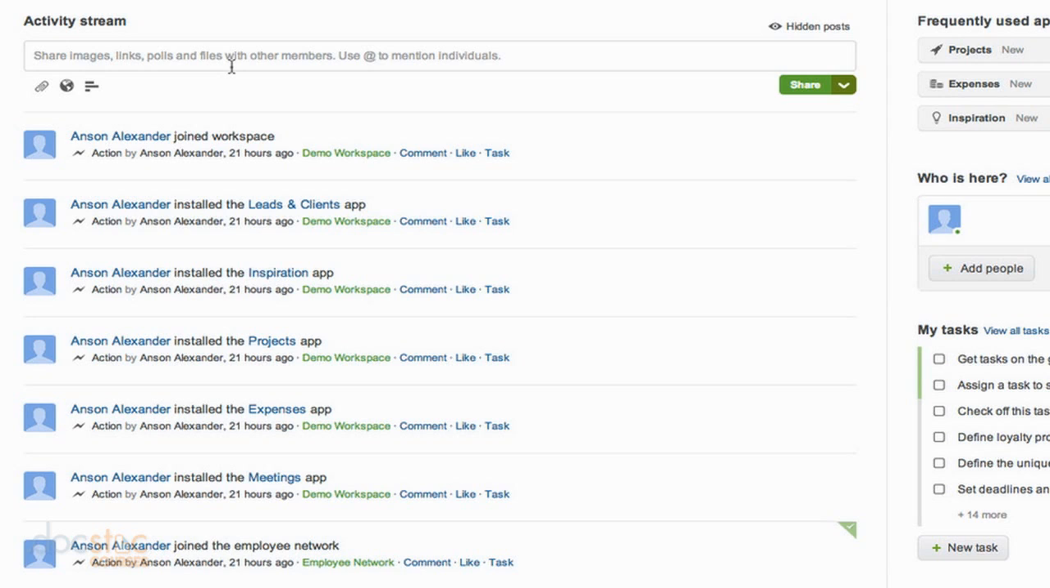Now, as we move forward here in Podio, we could also post something to a specific workspace, and then only the members of that workspace would see it. But as I mentioned, when you're on the home page here in the activity stream, whatever you post here, everybody's going to see it. Also notice that it says you can use the @ symbol to mention individuals. So if you just post a message here, and let me go ahead and post one,